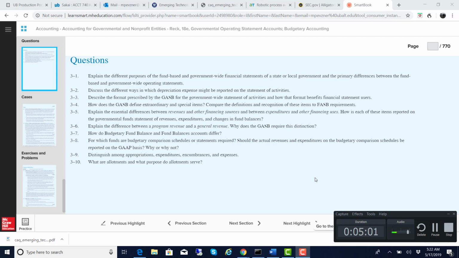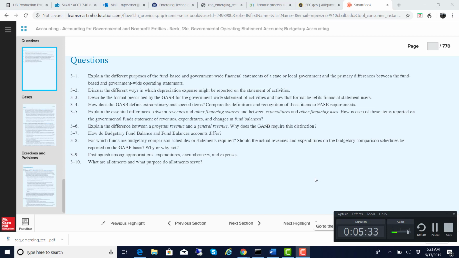If the government opts to report unallocated depreciation expense as a separate line item, it should indicate that the amount reported in the line does not include depreciation expense reported as part of the direct expense of functional programs. So typically, because depreciation relates to certain dedicated assets that are used as part of functions or programs, you put it as a direct expense. If you cannot, for some reason, do that, if it's truly one shared asset that belongs to all functions or programs, it would be indirect. Question 3.3.